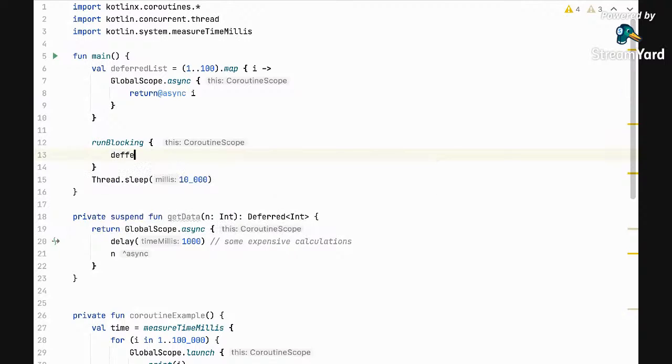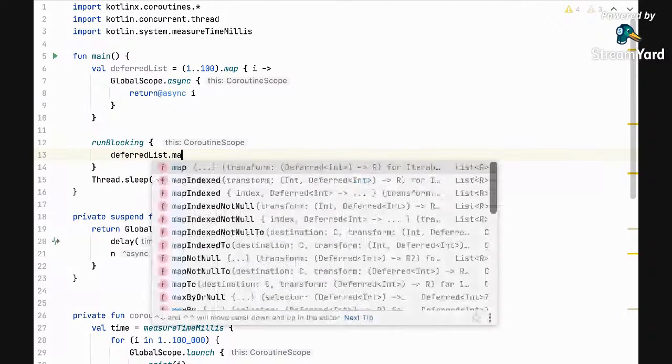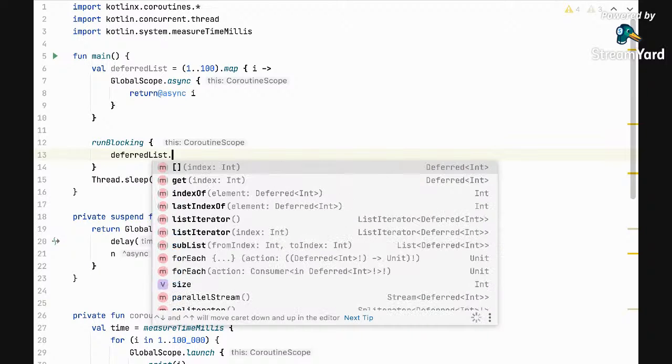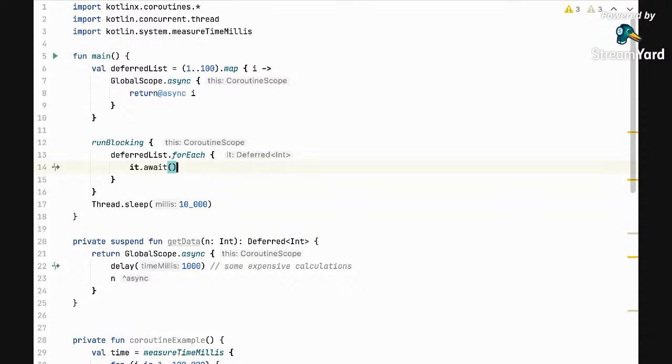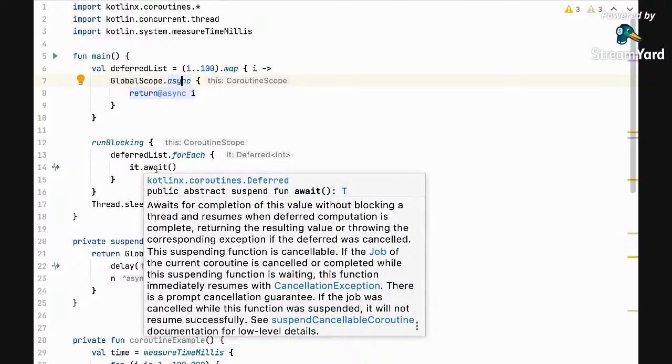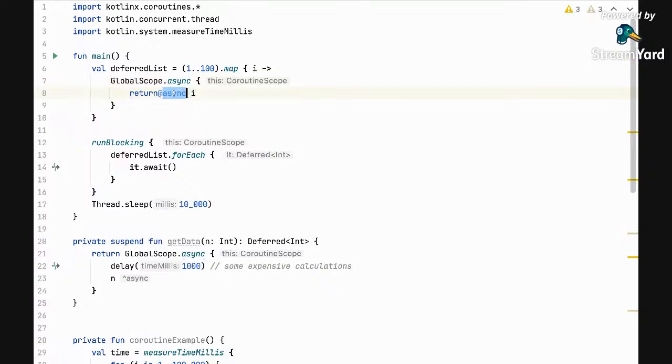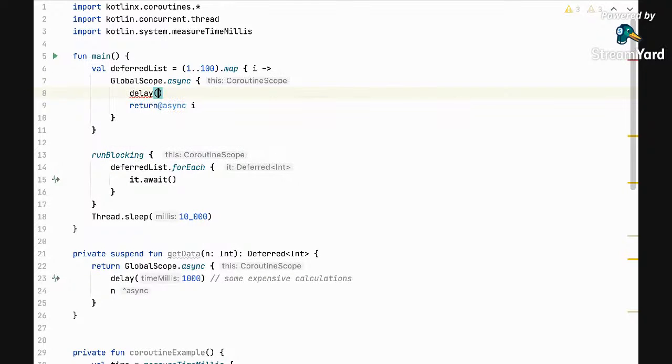Yes. So what we're going to do in the deferredList is ask, hey, let's just wait for your result. So what we have specified here is that we want to start a process asynchronously, and it's going to run in the background. And only when we call this await keyword is it going to get the result for us. If you read the documentation, it awaits for completion of this value without blocking a thread and resumes when the deferred computation is complete. So we can as well just put a delay here of 1 second, and we will notice that even though we have hundreds of these,